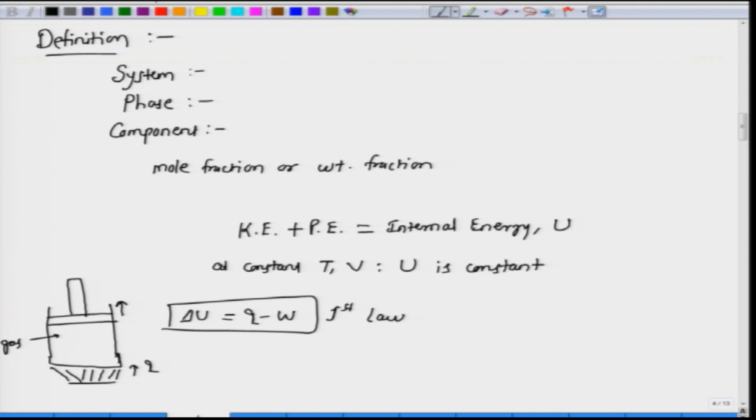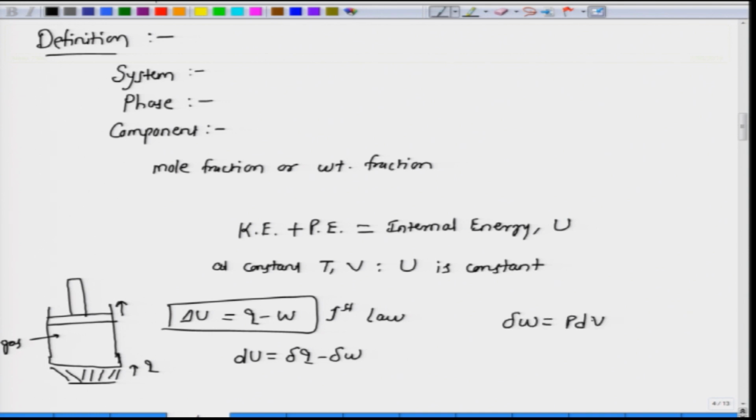Delta U is equal to Q minus W. If we write in terms of very small changes, we write dU is equal to delta Q minus delta W. dU is the small differential change in internal energy, delta Q is the small heat added, delta W is the small work performed by the system. We write d for U, the differential of U, but we write delta for Q and W, the reason being U is a state function, but Q and W are not. For example, delta W